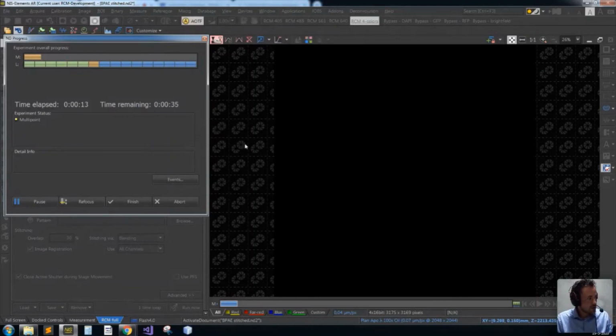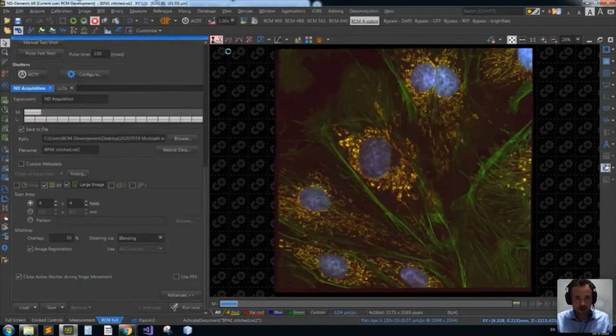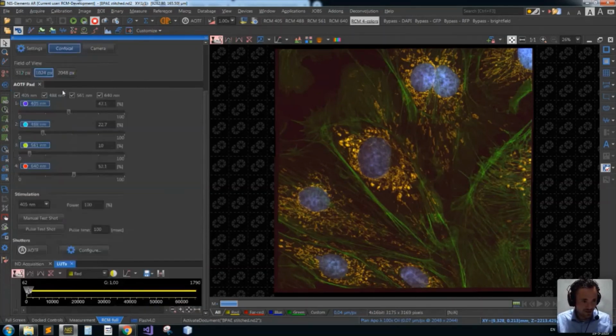And this is also going to compensate for the lack of field of view with the multisplit. Because if you have 4x4, effectively you will have 4,000 by 4,000 pixels. So you have a larger field of view. And this is not at the cost of speed, because we're imaging all the channels at the same time. So here you can see these cells now stitched. You can see I slightly bleached the center. I was a bit slow in focusing, but anyway,